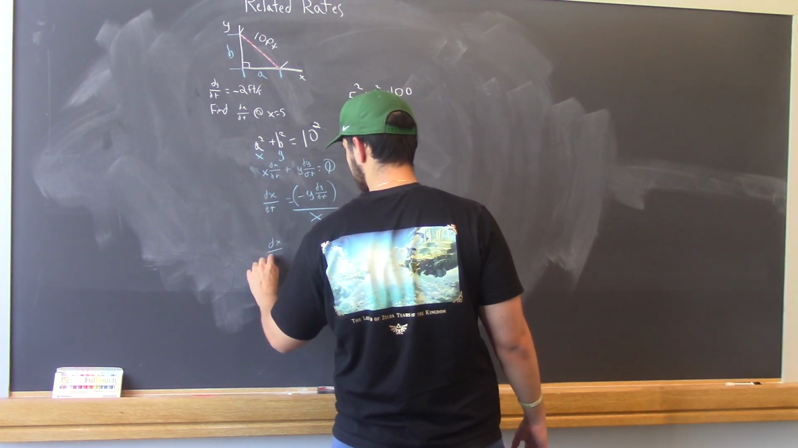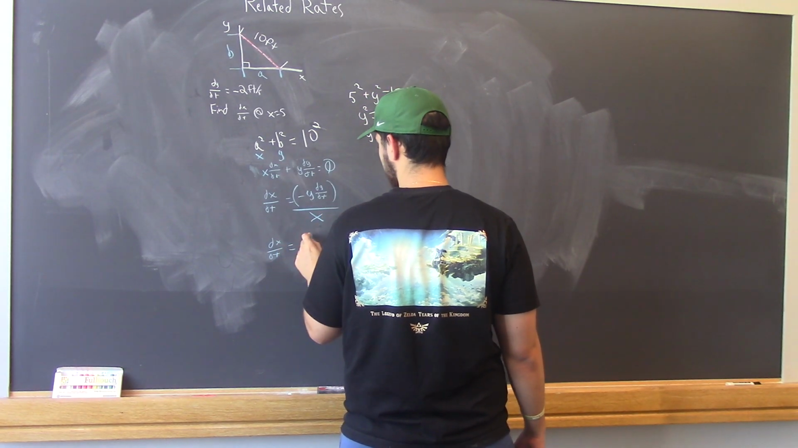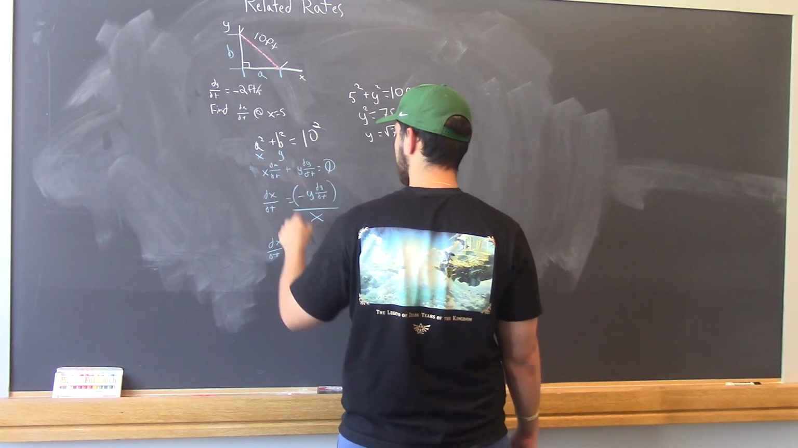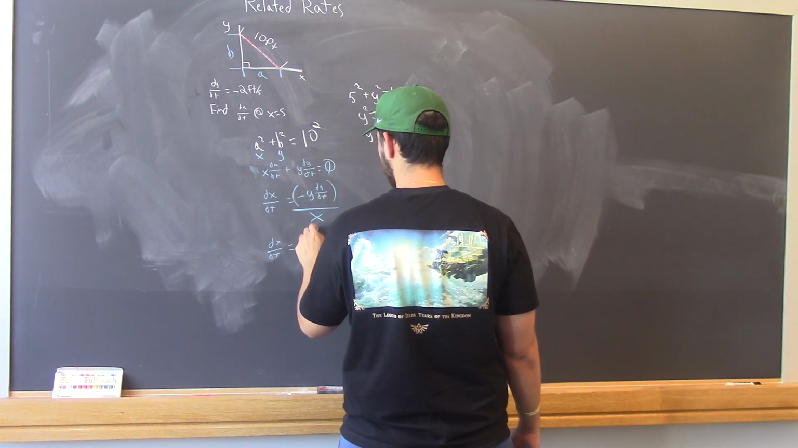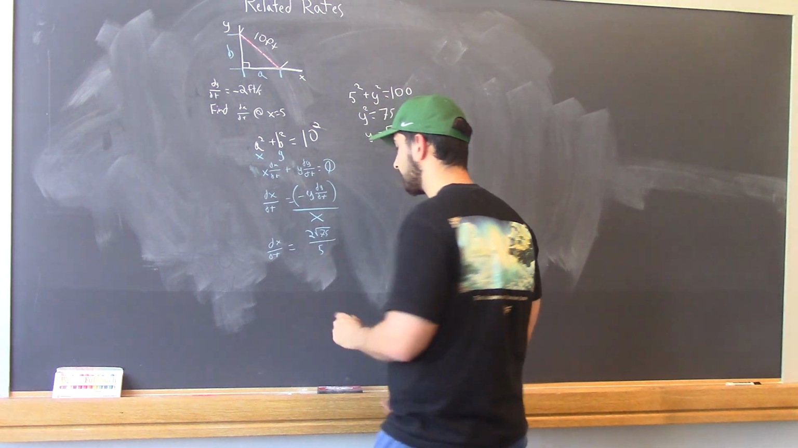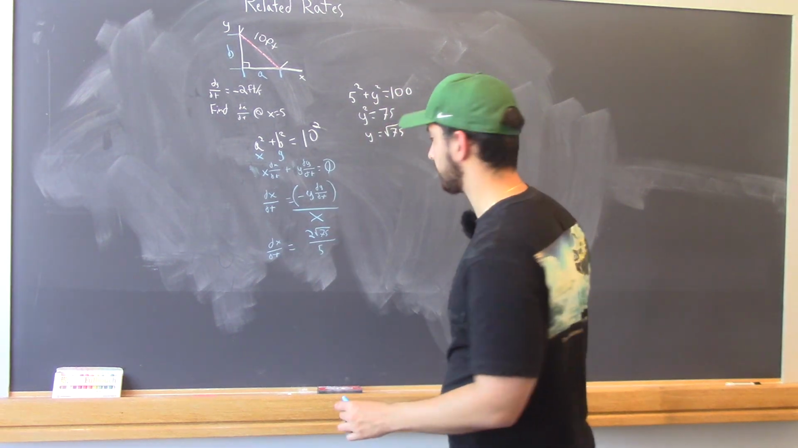You get dx/dt equals negative y, so negative y times dy/dt is negative, so they cancel out to get 2 root 75 over 5. Technically, you could leave it as this. You could also simplify, because